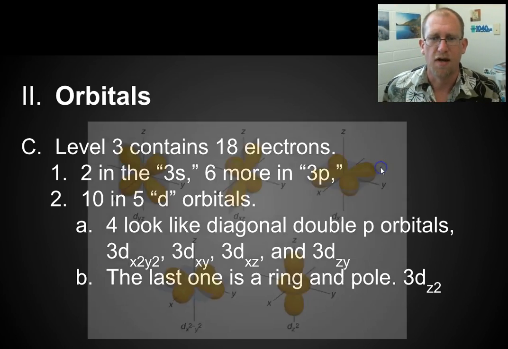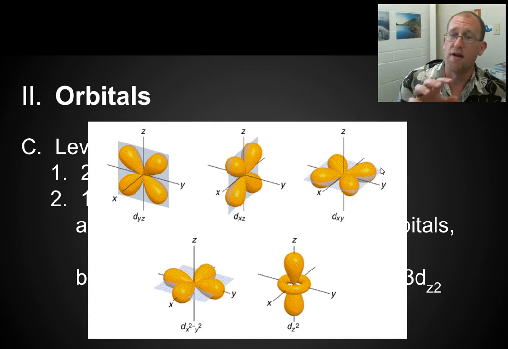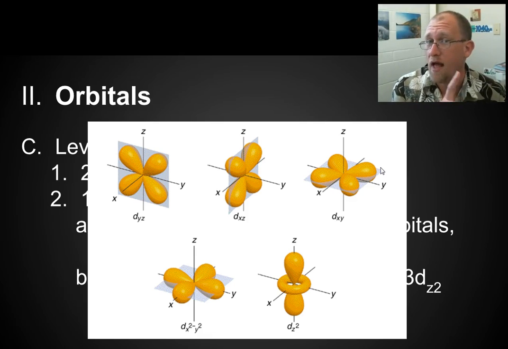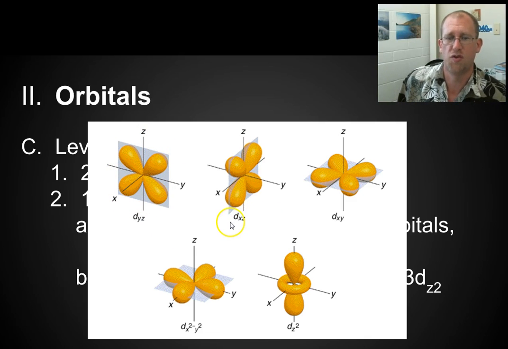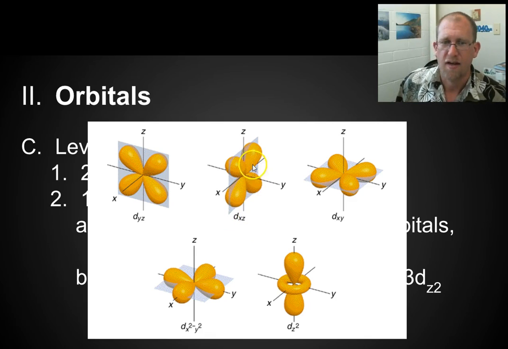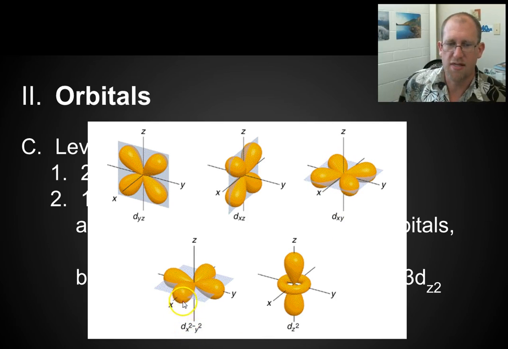Okay, here we go. Here's what they look like. 3, now it still has s and p. And then it also has d, okay? So this is 3dyz, and they call it that because it's diagonal between the y and z axes. This is 3dxz because it's diagonal between the x and z axes. This is 3dxy because it's diagonal between the x and y axes. This one is 3dx2-y2,